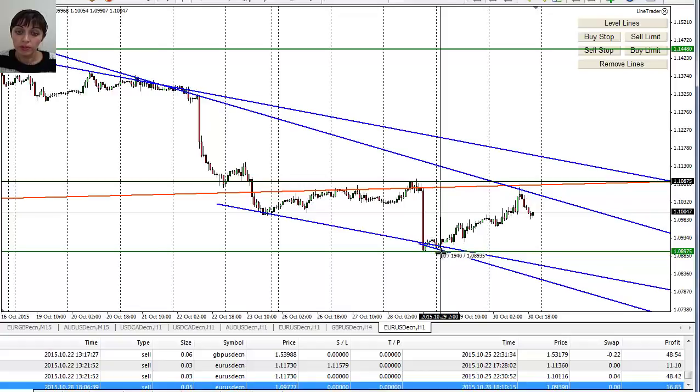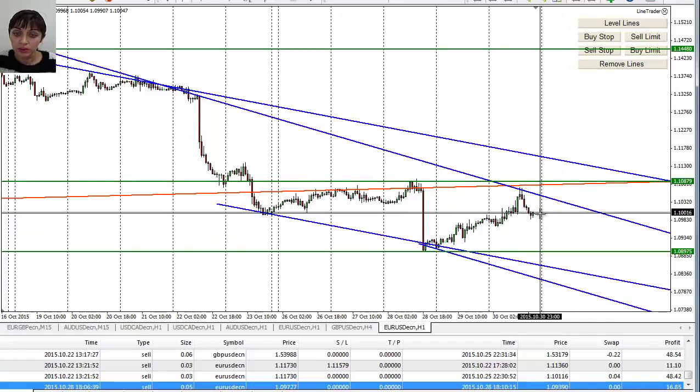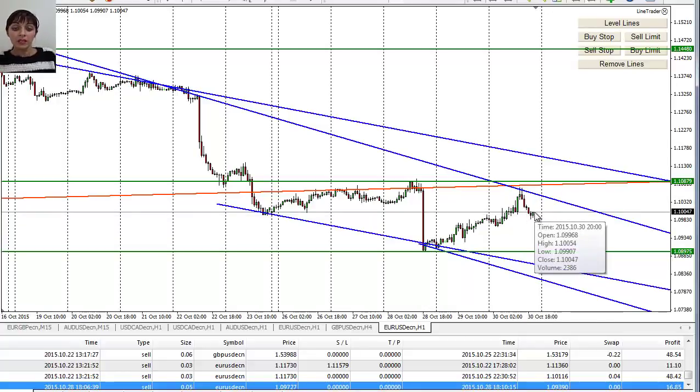So it's moving inside, let's say, this price range. The price range of 100 pips. You can see it's stopped pretty much in the middle, well, slightly high. It's like 90 something up and 90 something down, so it's somewhere in the middle. So now we know the maximum and minimum, and it's like 100 pips.